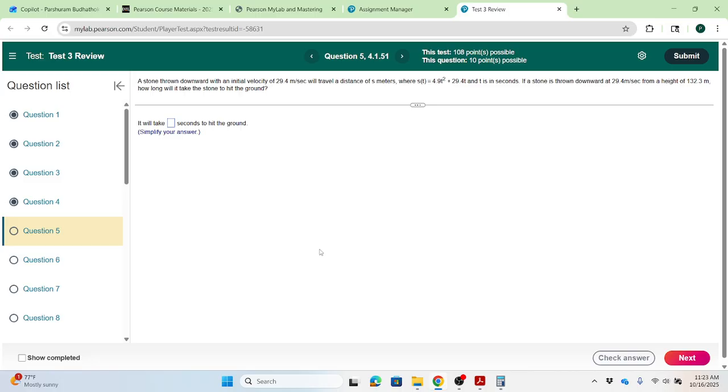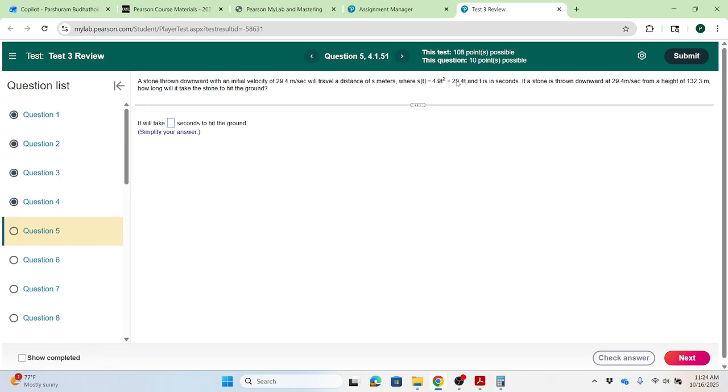A stone thrown downward with an initial velocity of 29.4 meters per second will travel a distance of s meters, where s of t, that's the distance function, is a quadratic function, where t is in seconds. If a stone is thrown downward at 29.4 meters per second from a height of 132.3 meters, how long will it take the stone to hit the ground? So this function is the distance function. Will travel a distance of s meters. So this is the distance function